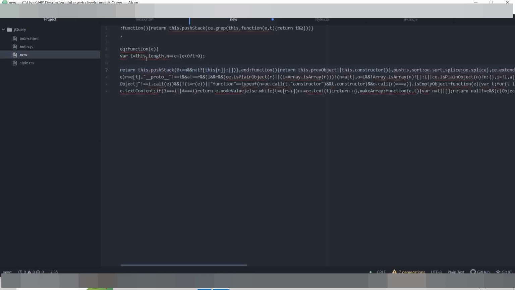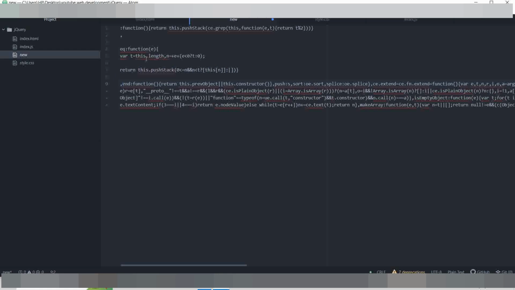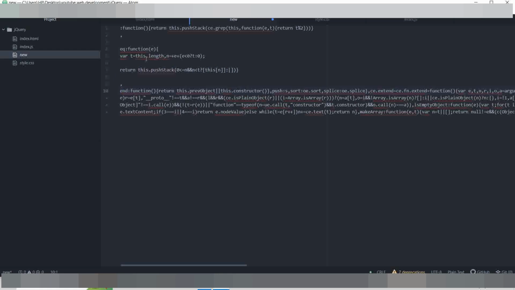And as I have copied and pasted for the jQuery, this is for JavaScript. But if I would have copied and pasted the CDN of Bootstrap, then it would have been for the styles,